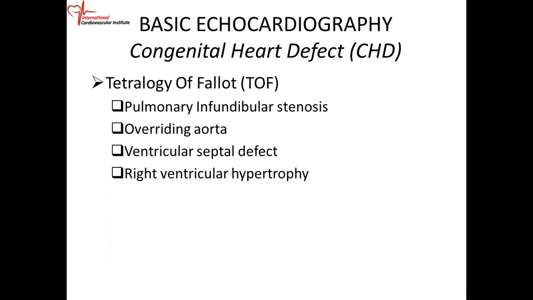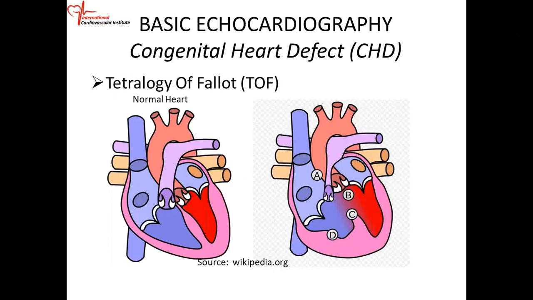Obstruction at the right ventricular flow tract, overriding aorta, a ventricular septal defect, and right ventricular hypertrophy. All right, so the cartoon looks something like this. So this is your normal heart with the orientation of the different structures, whereas tetralogy of Fallot, okay, so this is